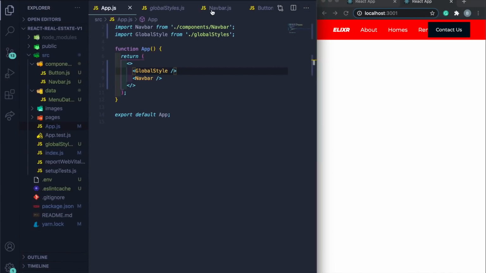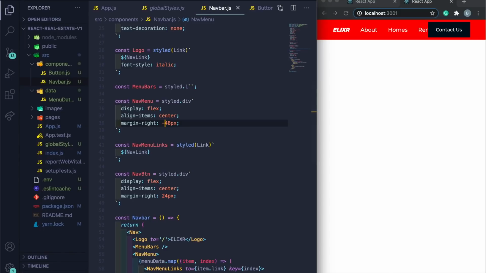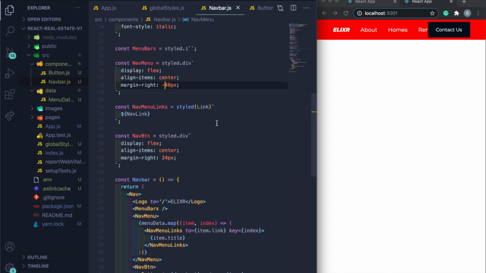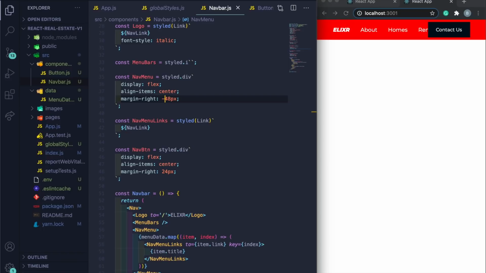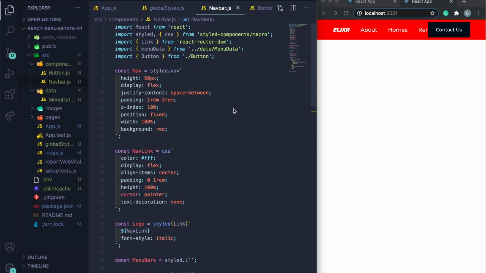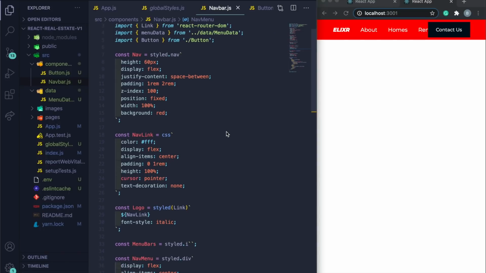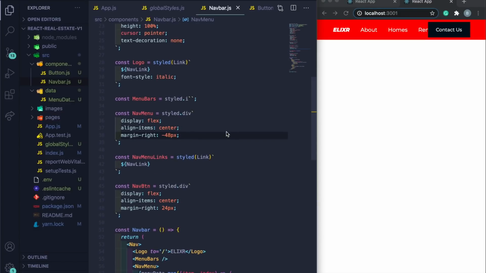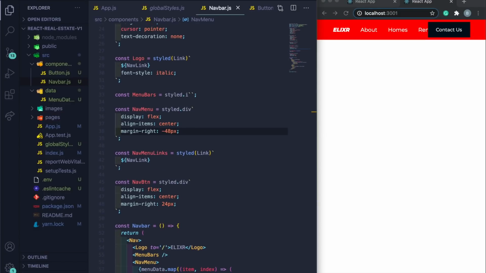Let's go to Navbar.js. And it looks like we might be missing some styles here. Let me just double check. So I'll go up here, and currently I think it should be on the nav menu. So nav menu, let me check it really quick. We got the flex, center, margin, right. So maybe I have to add in additional stuff really quick, but for right now, let's go ahead and actually